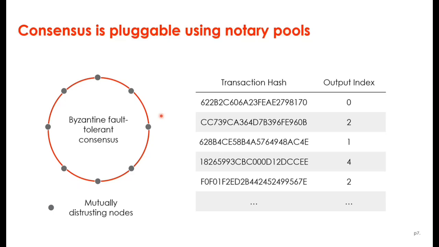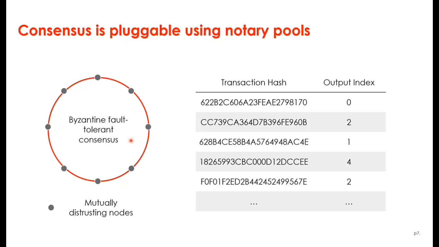A big problem with blockchain networks was how to prevent double spending. In Corda, double spends are prevented using notary pools. A double spend would mean using the same asset more than once in a transaction. It'd be like using the same dollar more than once to buy different